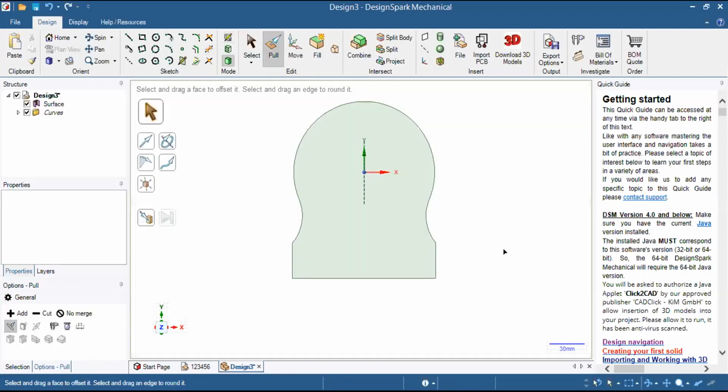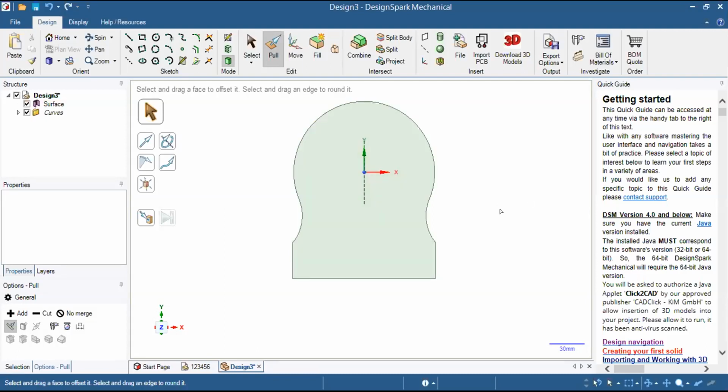Aishwarya, I feel you were a little fast in explaining new commands. Okay, let us take a pause and ask if people understood, if they have any queries. Sure, sir. If anybody has any query in making this sketch, you can quickly type in the chat box, because there are a couple of new commands she used, I think the mirror command and the tangent arc, which were not used earlier. So if you have any queries, please write in the chat box.